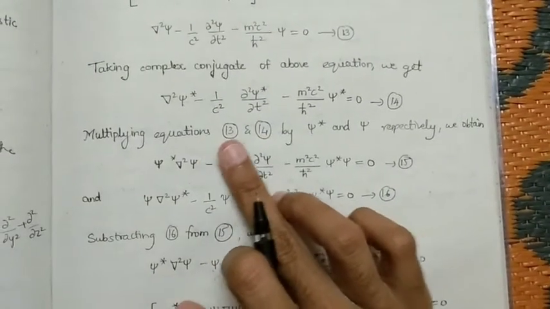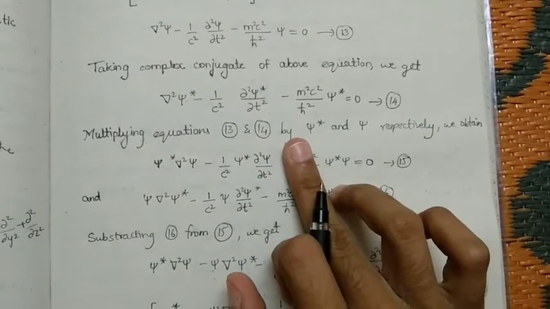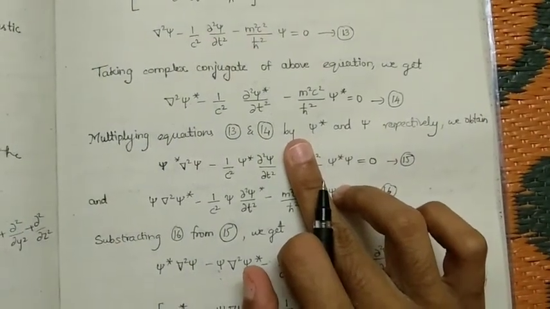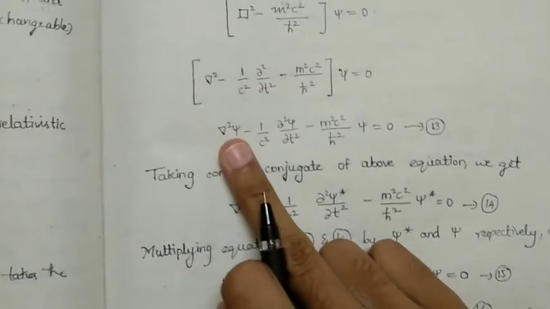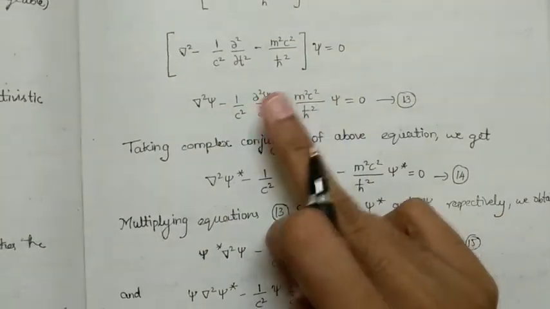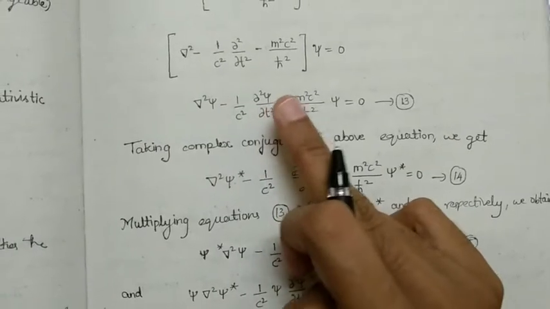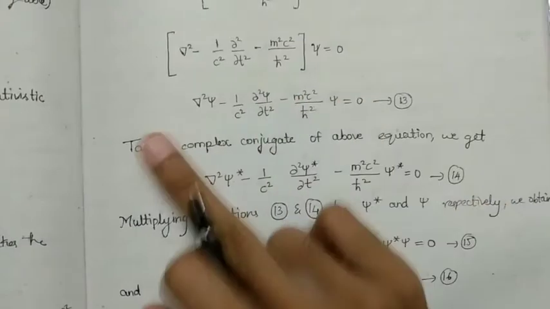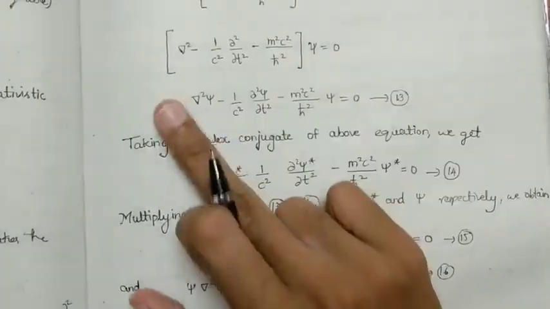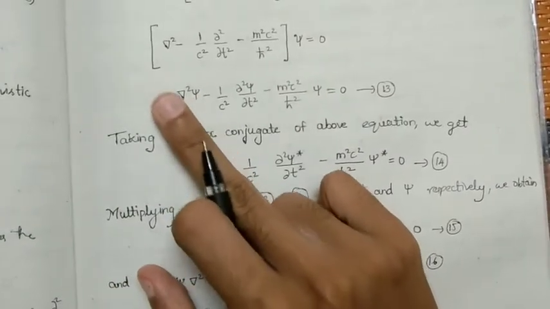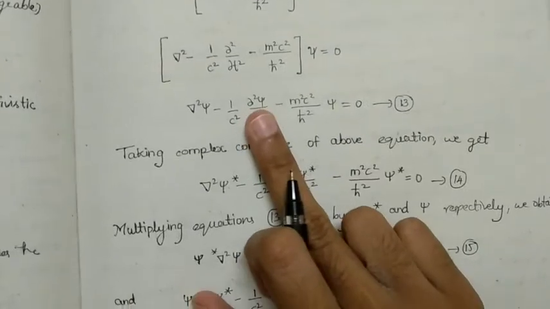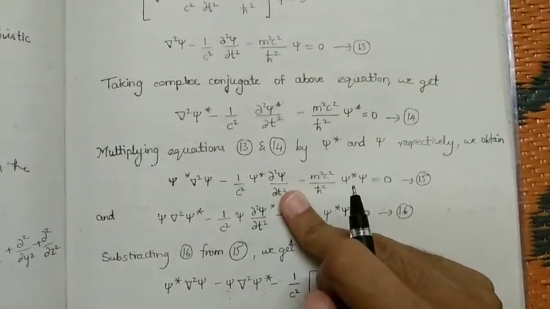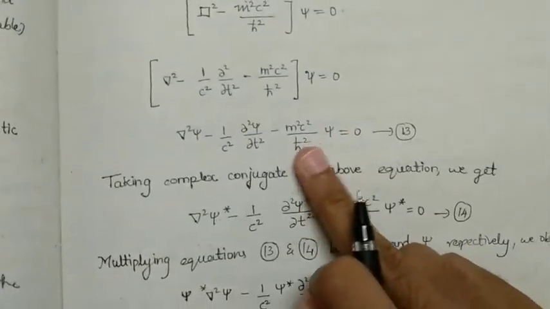Multiplying equations 13 and 14 by xi star and xi respectively, we obtain: in this equation xi star is not there, so multiplying with xi star on both sides, from the left hand side we get xi star into del square xi minus 1 by c square xi star into dou square xi by dou t square, and minus m square c square by h cut square xi star into xi equals